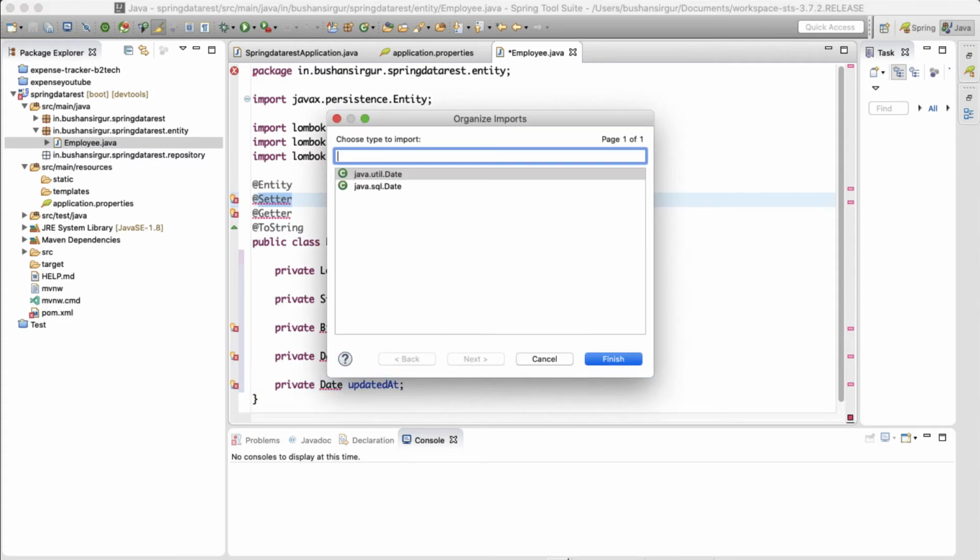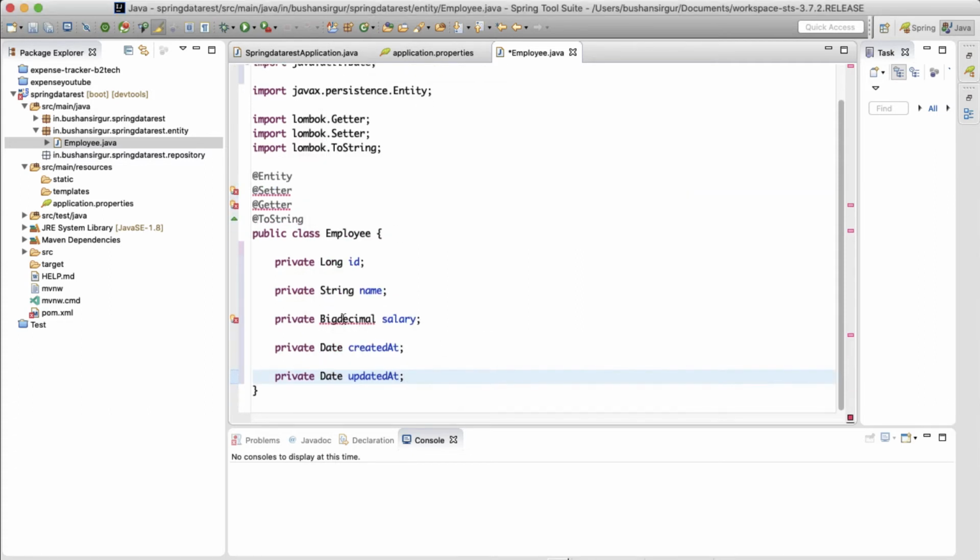So let's import this Date, which is from the util package, and this is BigDecimal.